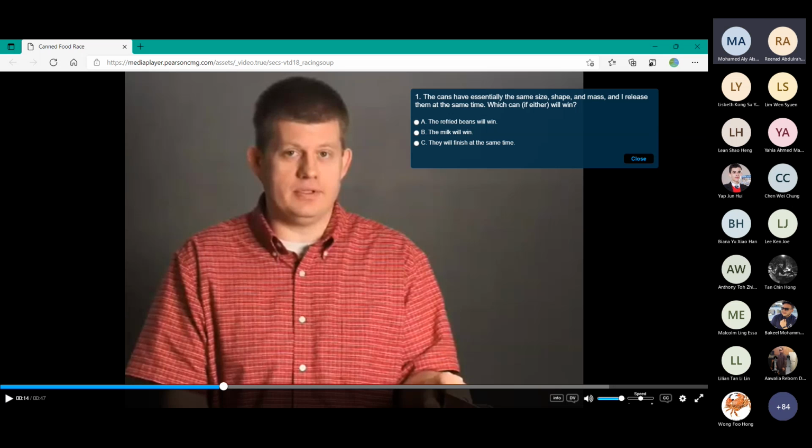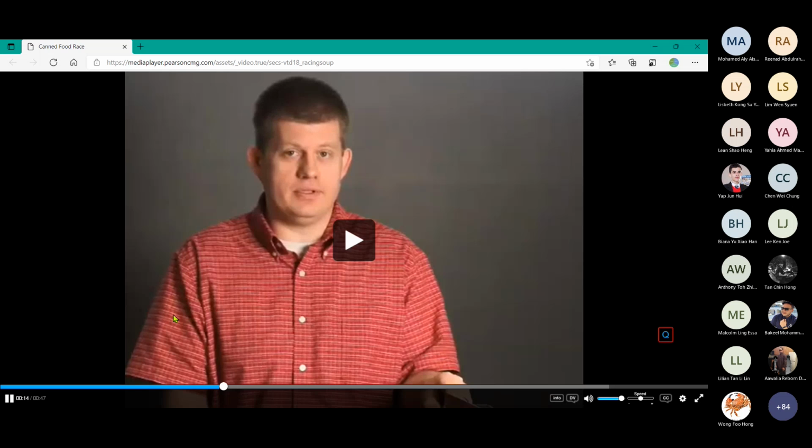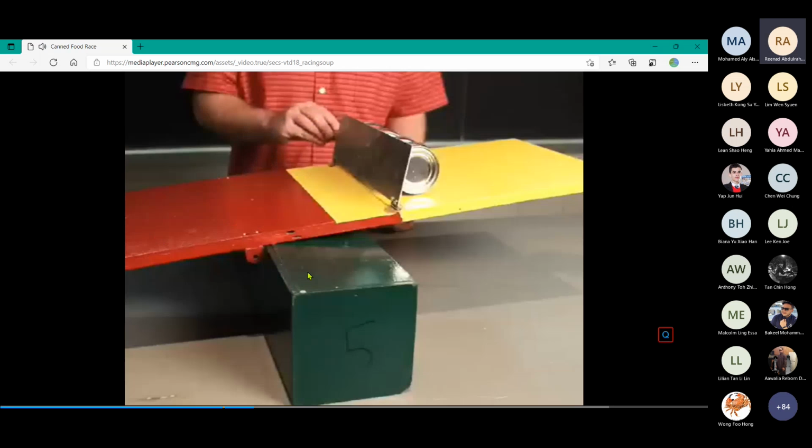Where's the other guy? Yeah? Miss, can you say again what are the cans? One is milk with beans, and beans. Another one with milk. Okay. High dense or low dense. So you're asking which is going to go faster on the slide? Yeah, when it is slide at the same time, which will reach first at the bottom? Okay, keep the answer or put in the chat box. You will get the right answer now. Come on. Where are the two guys here? Let's find out.